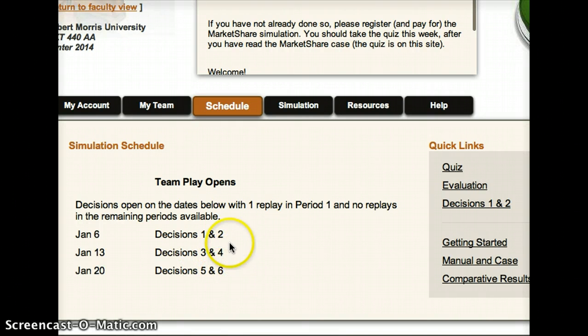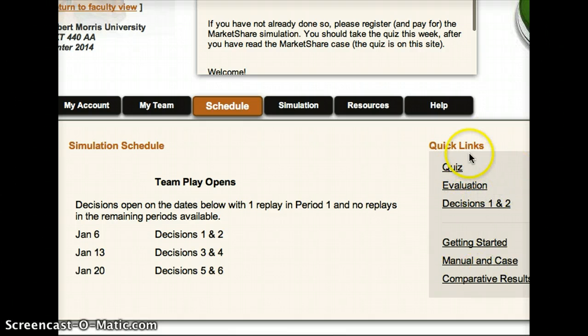But it is also important that you not delay inputting your decisions, because there's a ton of information, as you will see once we launch the simulation. So here's the schedule that we will follow. I'm asking that you advance the simulation at a minimum of once a week, but preferably making 2 decisions per week, okay? But again, we'll talk about that in more detail.